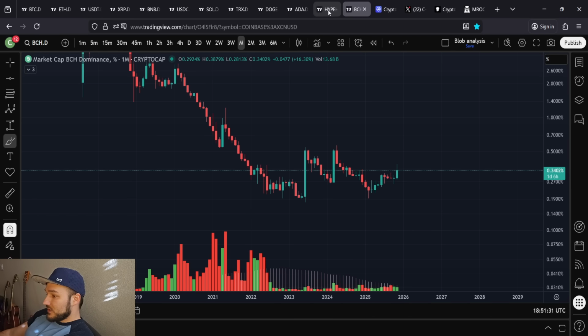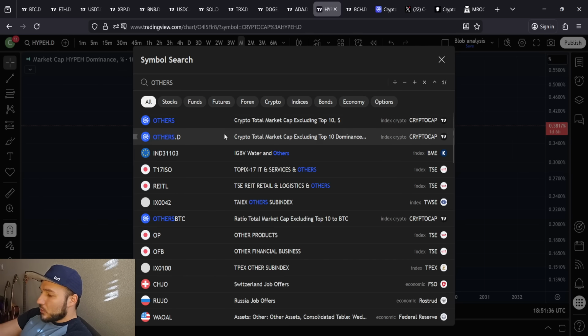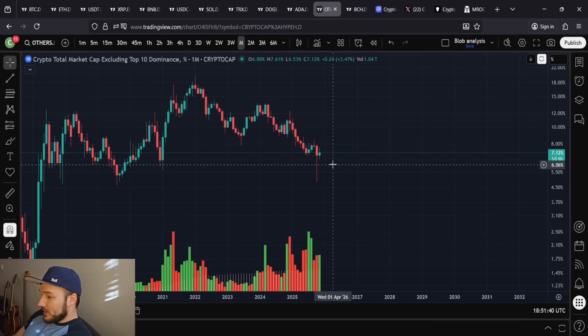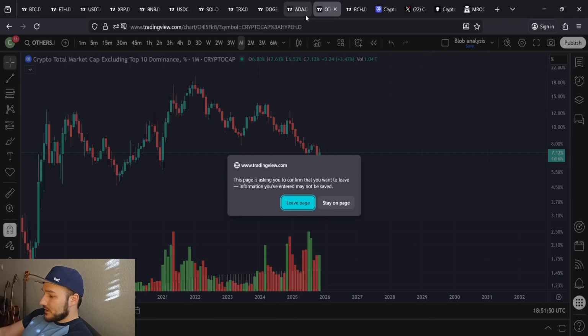Let's actually delete all these now. I want to look at the others chart. We know they're all red except for BCH, Tron, and XRP. So I'm just going to delete the ones. Hey, look at that. The market cap dominance has gone up a little bit this month, 3%, 3.4%. So XRP is outperforming that. Tron is outperforming that, and so is Bitcoin Cash. That's nice to see.